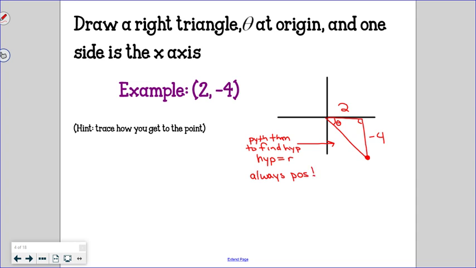It does not matter which quadrant you're in. The hypotenuse r of your triangle will always be a positive number. Why do they call it r? If I were to find some